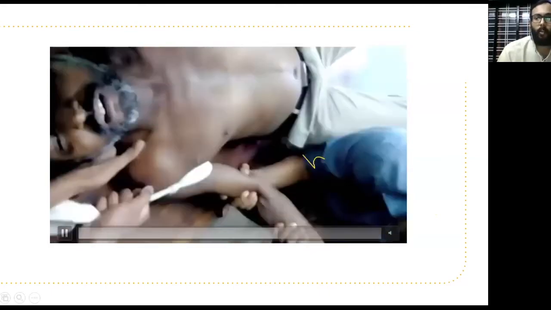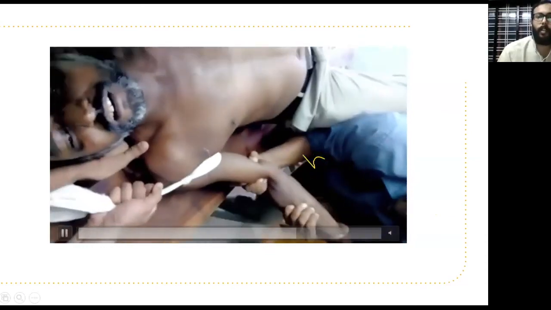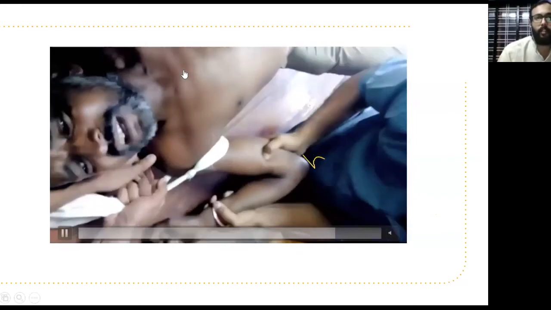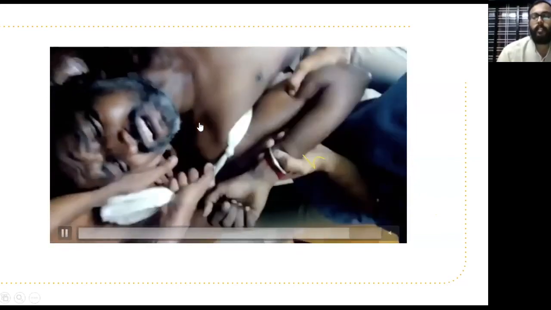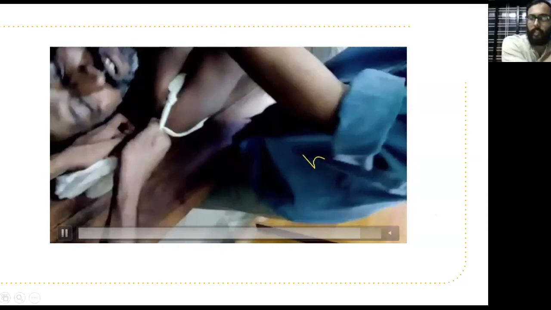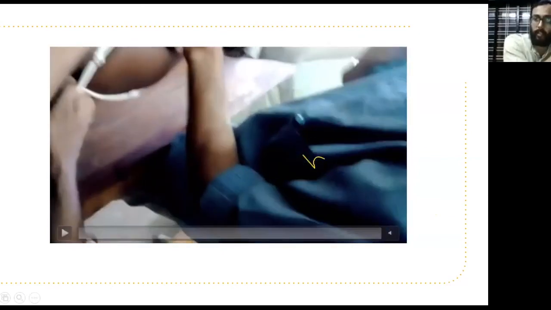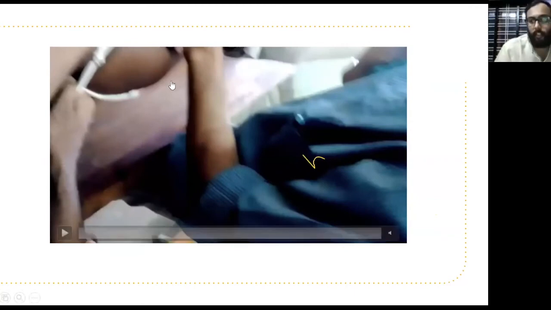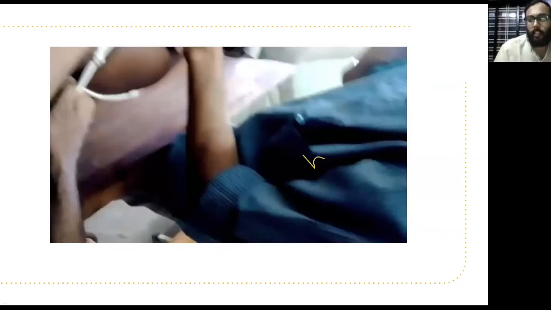After external rotation, adduction up to the midline of chest. Here in this case, with adduction up to the midline of chest, the shoulder joint is reduced. In the third method, this case is a fresh case, an acute injury, but the first case I explained was a second time dislocation. This was a fresh injury. This is Koch's method: traction along the line of humerus, external rotation, adduction up to the midline of chest, and then medial rotation. Hope you understood both the reduction methods.